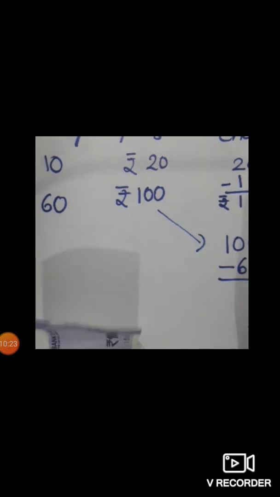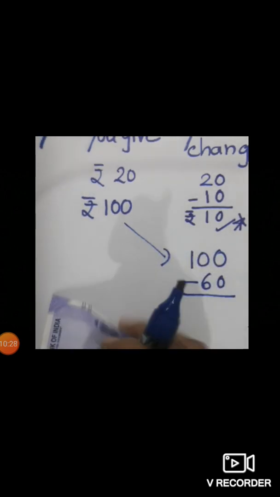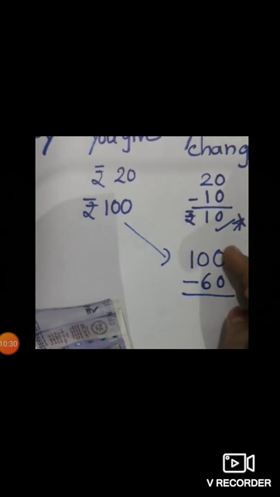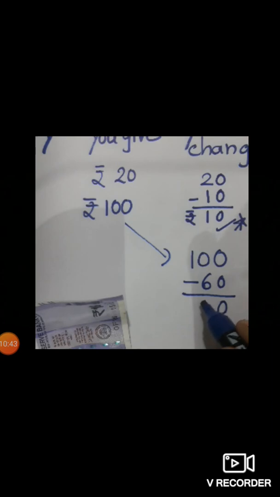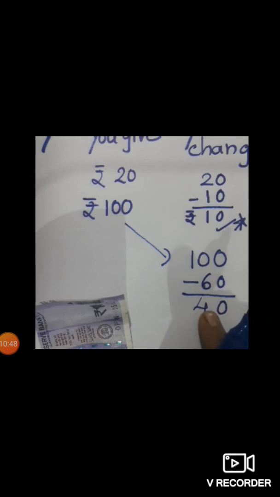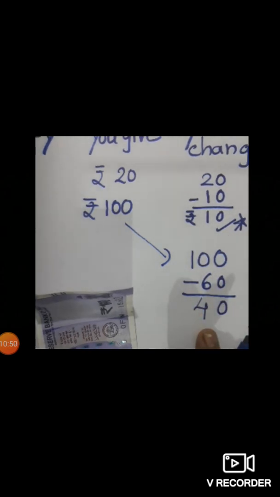So what we will do next? So we'll write the bigger number, 100, we will take. From 100, you subtract 60. This is what the shopkeeper is doing for you. Now this is 100. From 100, we will minus this. 0 minus 0 will give you 0. This 0 you cannot subtract. So this 1 will come over here. So 10 plus 0 will become 10. From 10, you subtract 6. How much is left? Yes, 4. You know how to do subtraction, beta? So 4. That means this is your change. That is 40 rupees. So the shopkeeper will be returning you the 40 rupees.